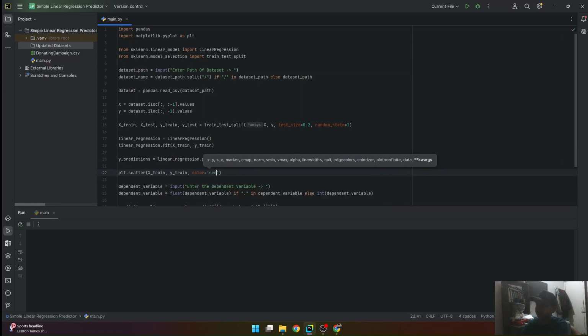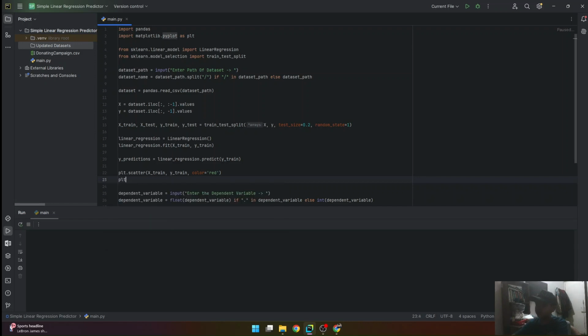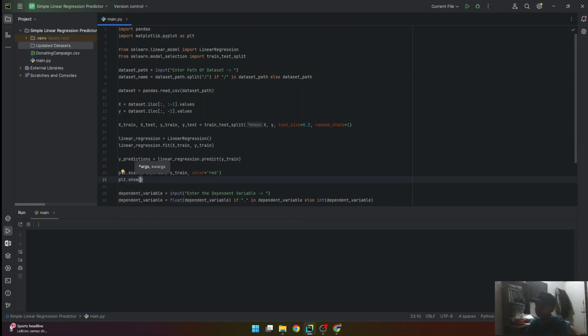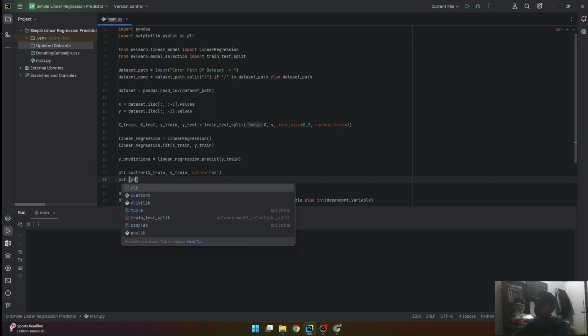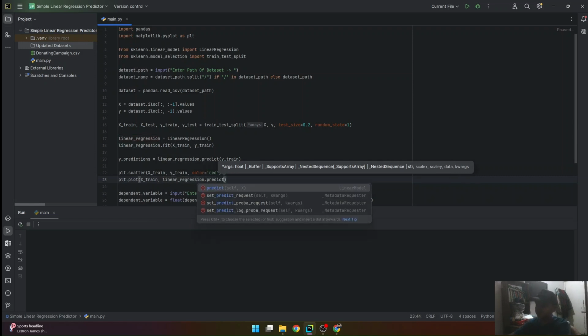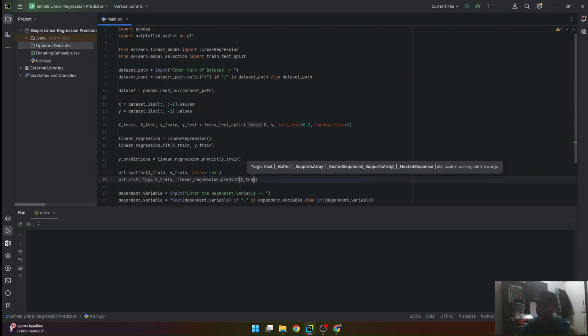Then plt.plot, X_train, and the predictions of X_train, which is linear_regression.predict(X_train), giving us that linear line.